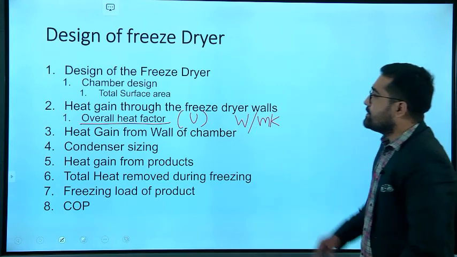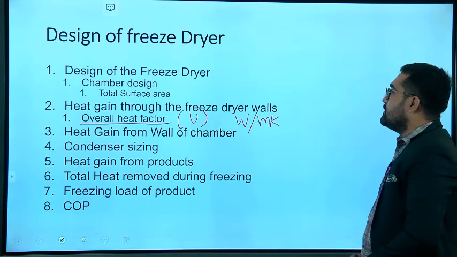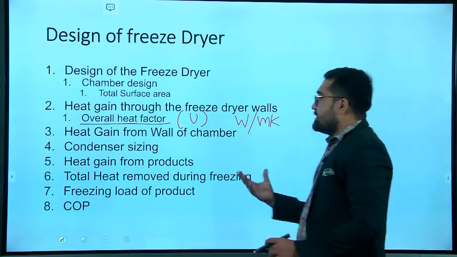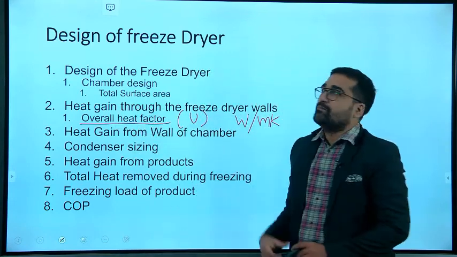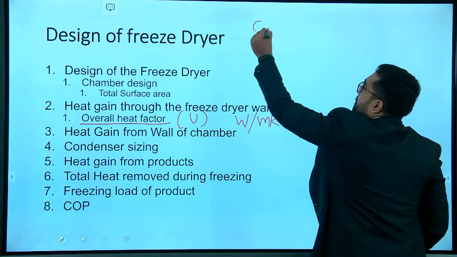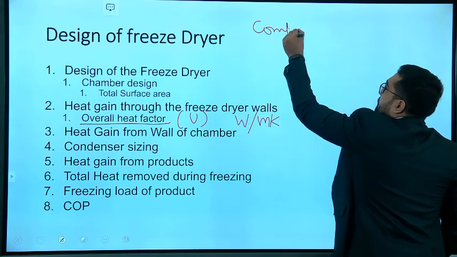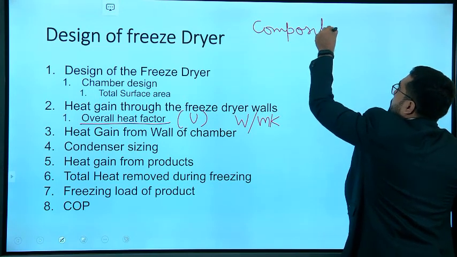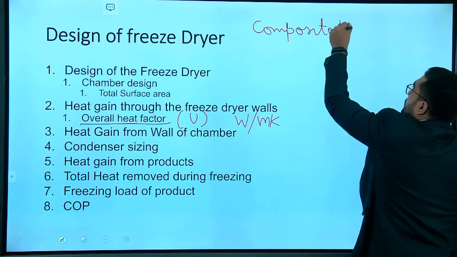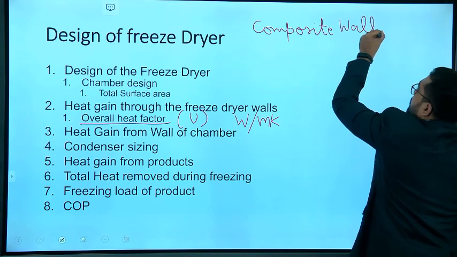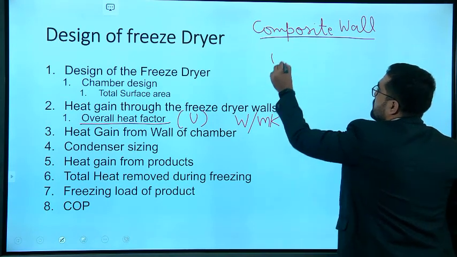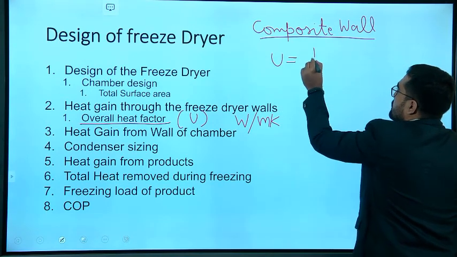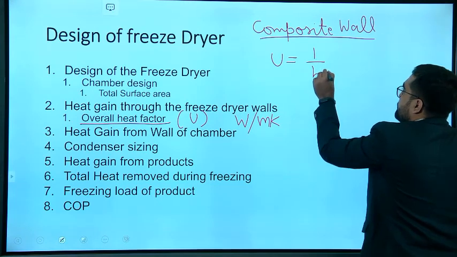So, how to find this overall heat transfer coefficient? We have studied this for the composite wall. For the composite wall, what is the formula for overall heat transfer coefficient? U is equal to 1 by Hi plus